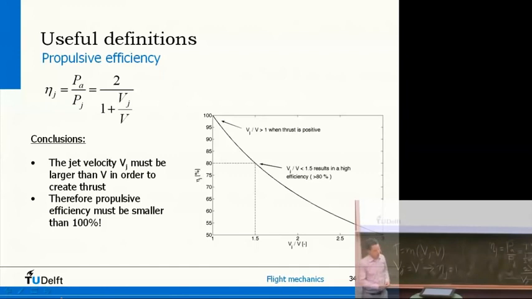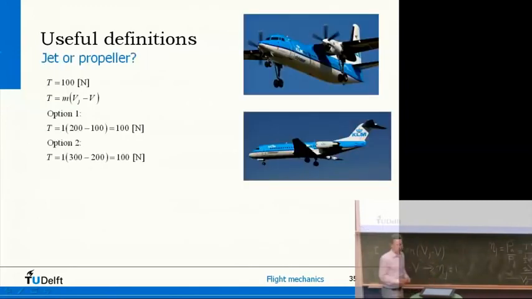So you cannot transfer all the fuel energy into transportation because you leave energy in the atmosphere. If you look at this, you see this efficiency is dropping as the ratio between jet velocity and airspeed becomes larger. So a large acceleration of the mass leads to a lower efficiency. And this is something you can use to compare different propulsion systems. So what I'm going to compare are propeller aircraft and jet aircraft.